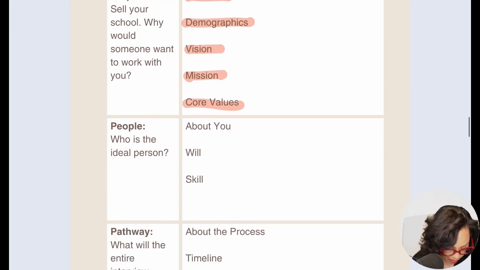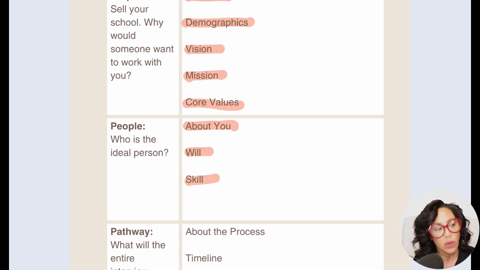Okay. The next thing is, you want to put a section in your job description that says about you. And you're going to describe who is the ideal person. And you're going to describe that person in two ways. First of all, you're going to describe their will, and then their skill that you're looking for. So you want someone who feels passionate about helping every child succeed. Someone who is willing to roll up their sleeves and support, someone who believes in teachers. Those are the things. Who are they in terms of their beliefs? Who are they in terms of what drives and motivates them? You're going to put that in a job description.